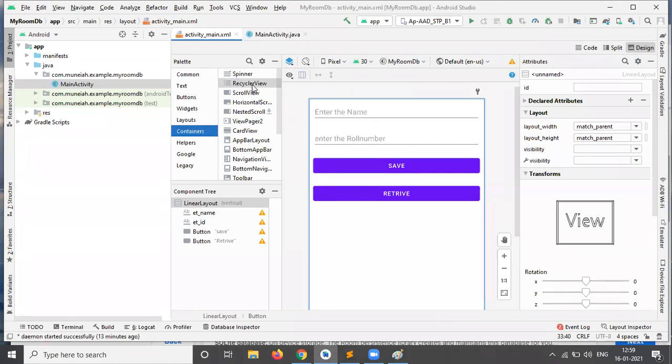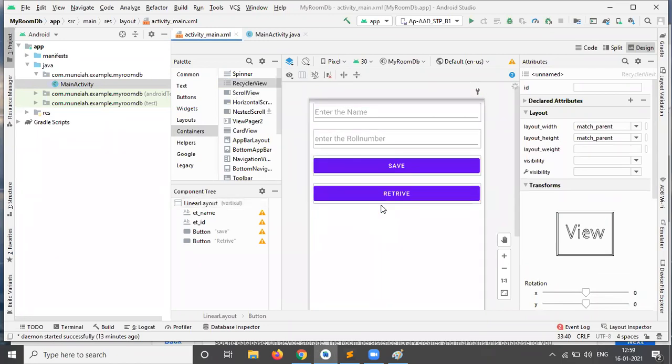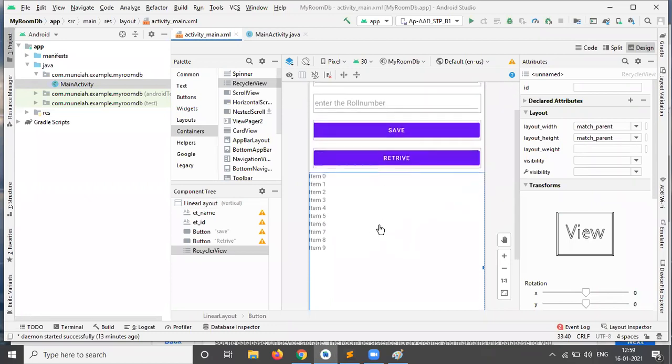If you click the containers, on the right side there is the recycler view component. You can just drag and drop this recycler view component onto our screen. The recycler view component will be designed like this. Now I'm coming back to the split part.